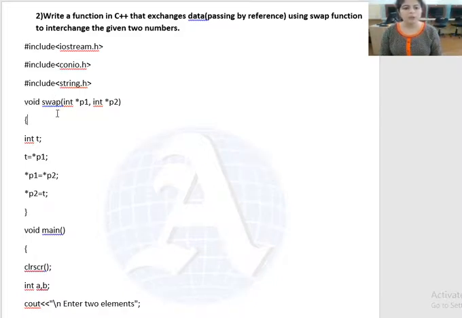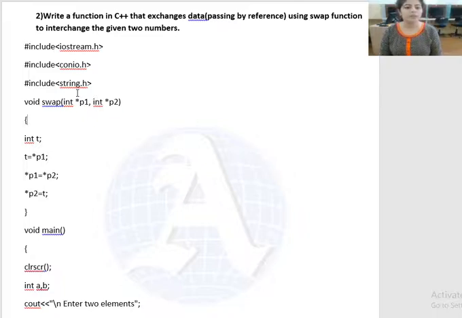Void swap. Void is the data type, and swap is the name of the function. You can use any name, but I have used a relevant name because the function we are creating is for swapping. In the brackets you declare two variables, int star p1 and int star p2.